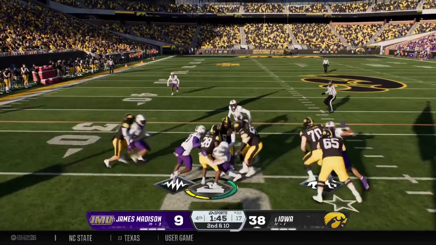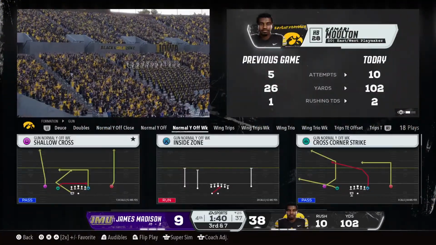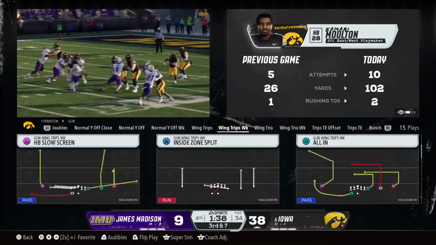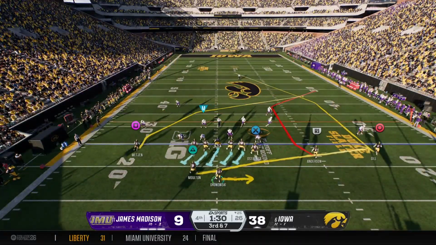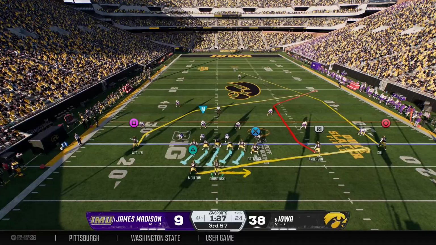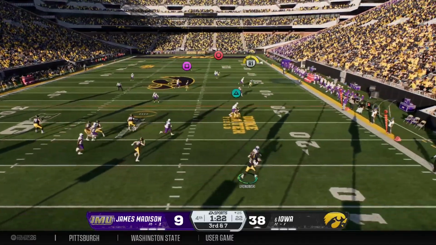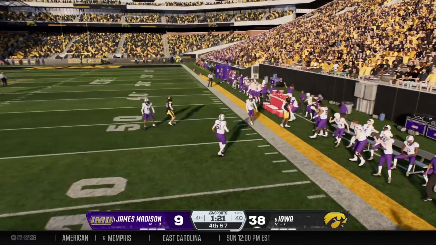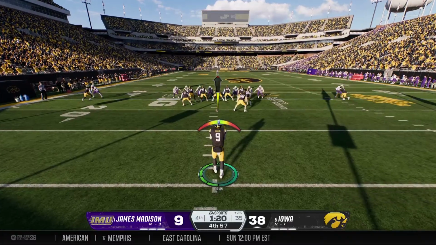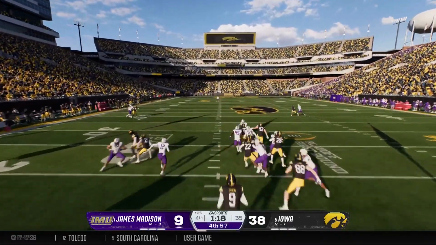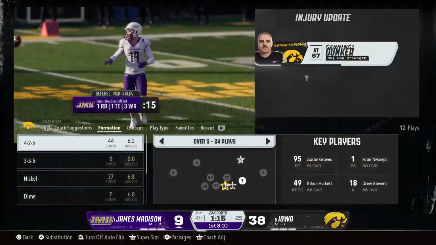Grinding away on the ground. Tackled after a 3-yard gain, so it sets up a 3rd and 7. Chris, the spread era over the years has always grown offensively, but what I've always been impressed with is defenses that really build their defense to play in space still have an ability to be sound at the line of scrimmage and defend a running game. It's exactly what we saw right there. Incomplete. He was hit as he threw the ball. That's a big 3rd down defensive play. And the Hawkeyes will have to punt this one away. And here's the fair catch by the return man.